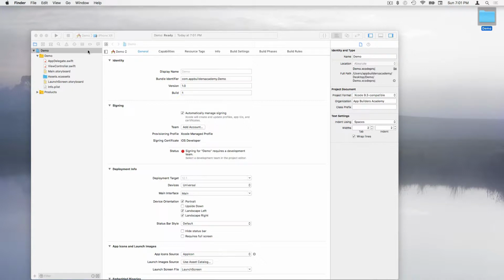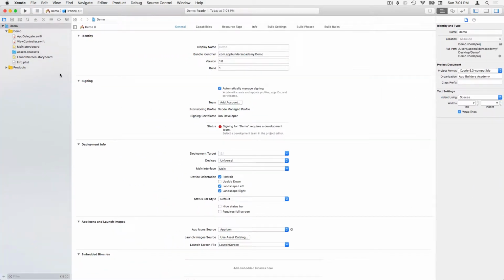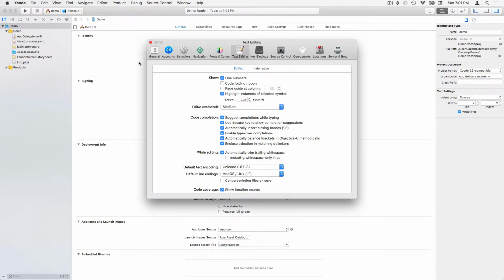The first thing we'll do is make this screen as big as possible, so it takes the whole screen. If you are looking at this video on a smaller screen than the one I'm using right now, this all might be very, very tiny. So let's start with an important setting, which maybe you want to copy for your own apps. It has to do with the font